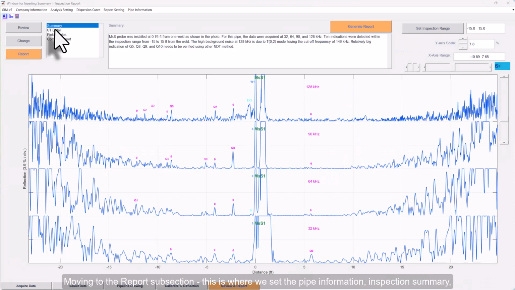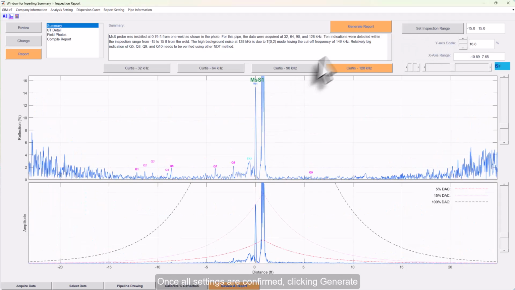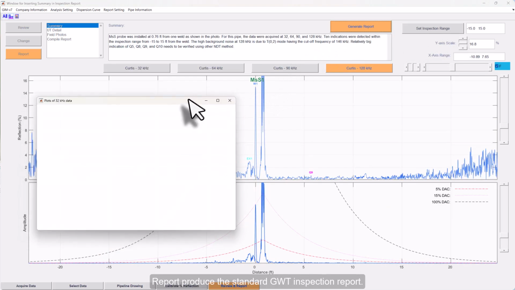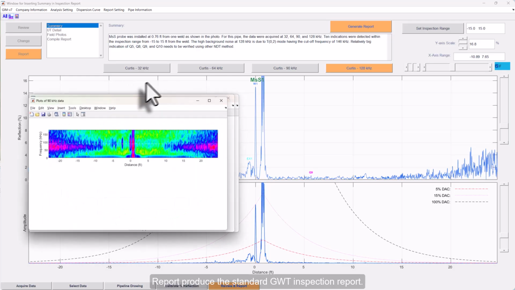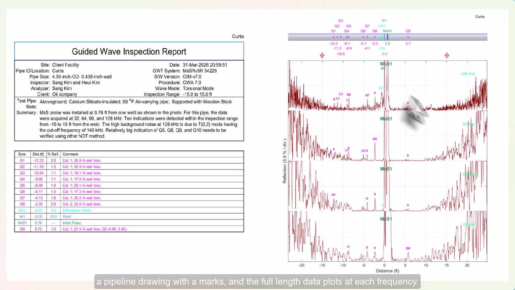Moving to the report subsection, this is where we set the pipe information, inspection summary, and inspection range. Once all settings are confirmed, clicking Generate Report produces the standard GWT inspection report. This is the standard GWT inspection report, the output that GIM has always produced. It contains basic pipeline information, a written summary, an indication table, a pipeline drawing with marks, and full-length data plots